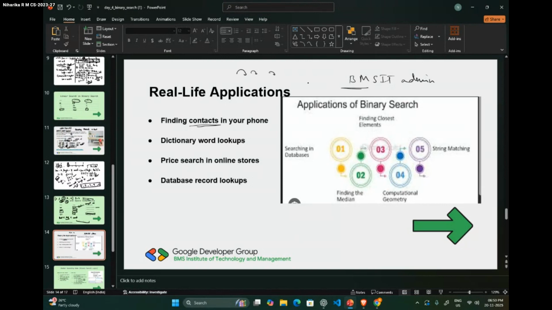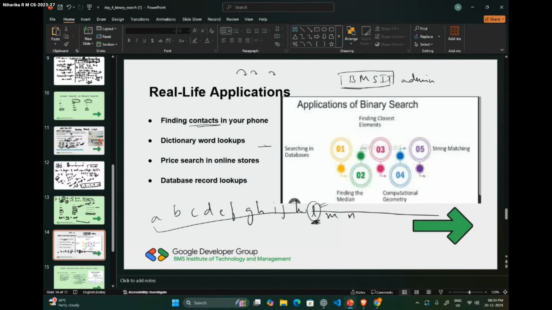It will first go to the middle one, so the 13th element, and then check if that element comes after or before B, and then it will come back in between. Let's say L is our mid element. It will first jump to the mid element and check. If not, it will completely discard everything after this. It only takes the left subarray.